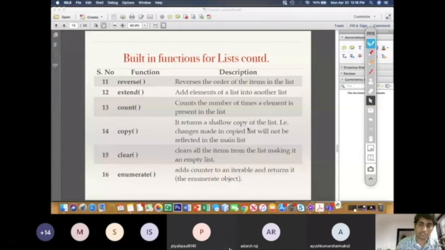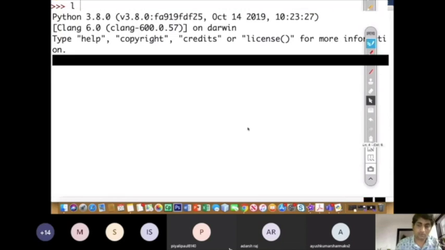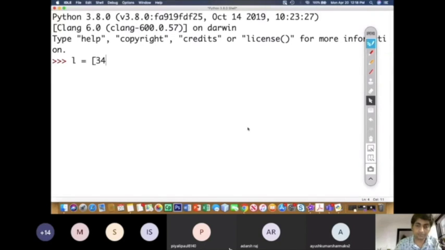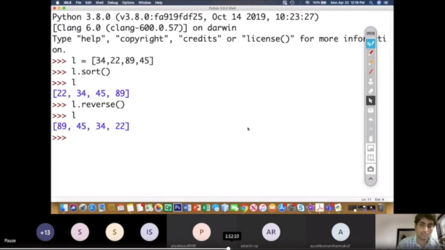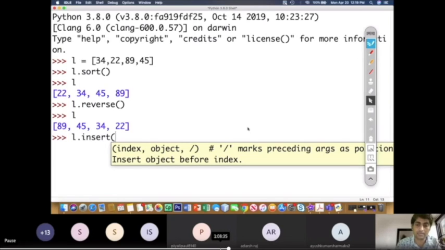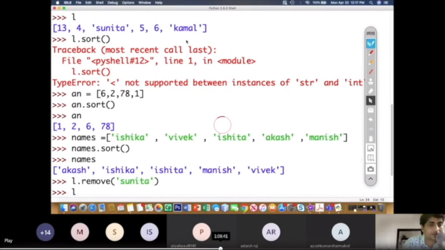So we have L equal to 34, 22, so L.insert, say for example I want to insert 20. Is the question understood to you? I want an answer from everybody.